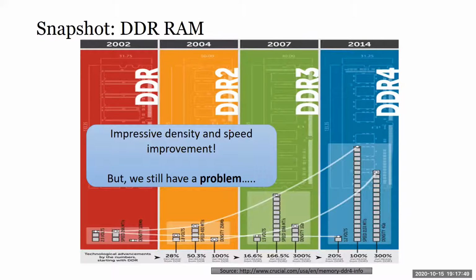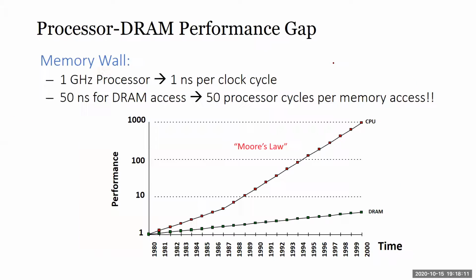So that's double data rate, some kind of technology. DDR RAM: our speed and density have been improving. We are always improving from DDR, DDR2, DDR3. Last time it was not called DDR. Last time it was called SDRAM only, or DRAM, then SDRAM, then in 2002 you have DDR RAM. We've always been improving, and nowadays we are still using DDR4. But there's a problem.